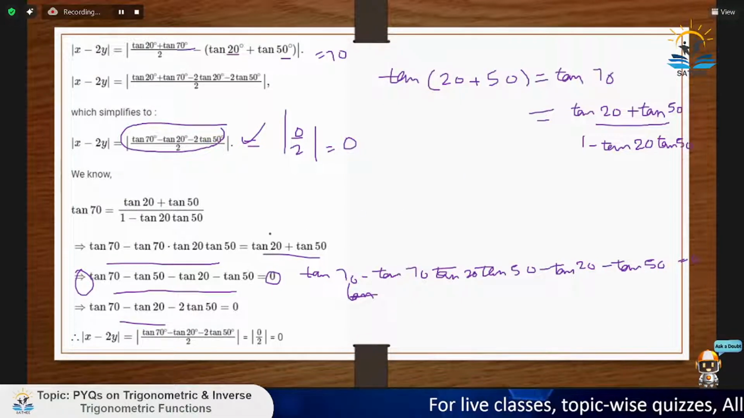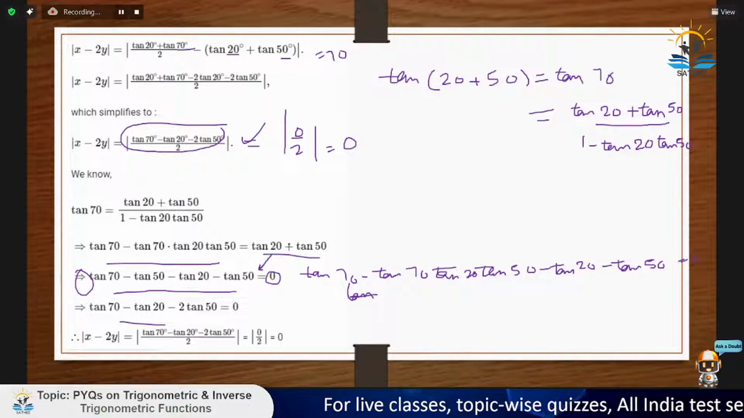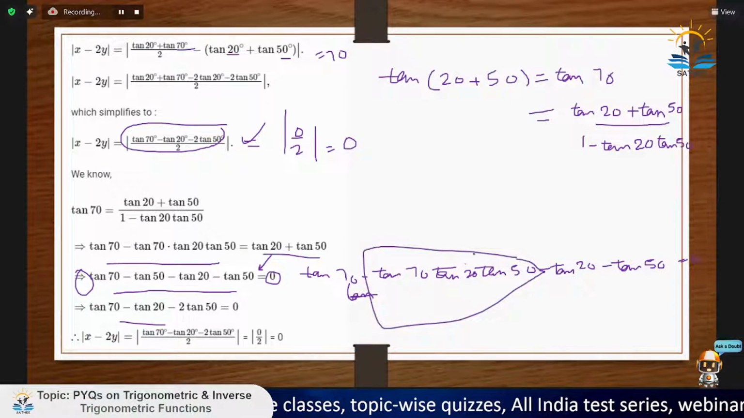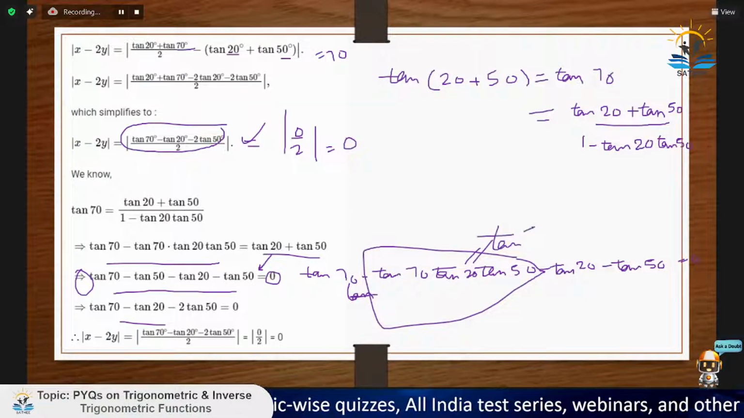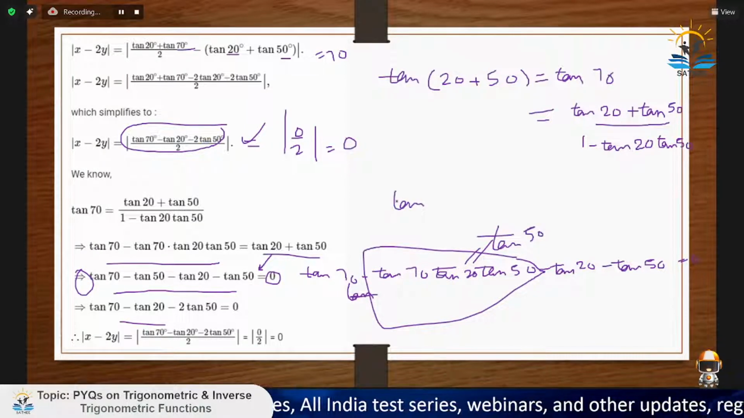Okay, let's move on. And one more thing here. How do you come to this expression from this one? This expression is equal to tan 50. How come? Because you can write tan 70 as